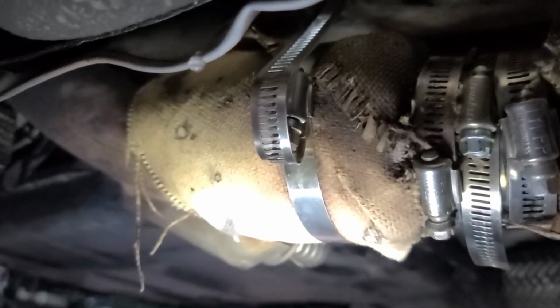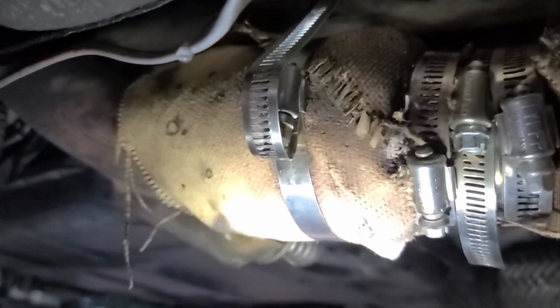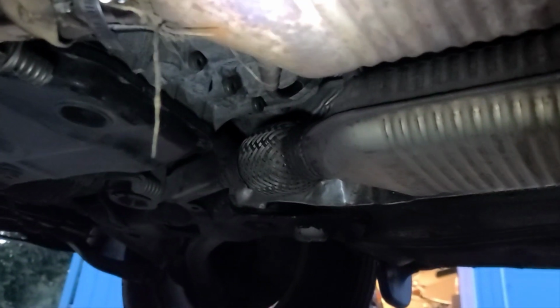Don't wrap your exhaust in welding blanket, at least this close to the engine. So it comes down from the collector, flex joint, catalytic converter, seemingly, or muffler, I don't know. Either way,